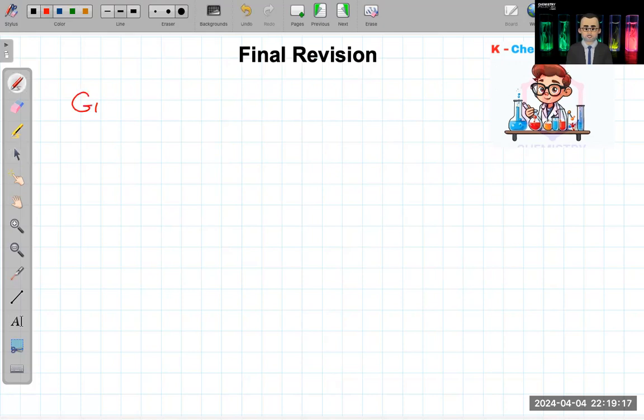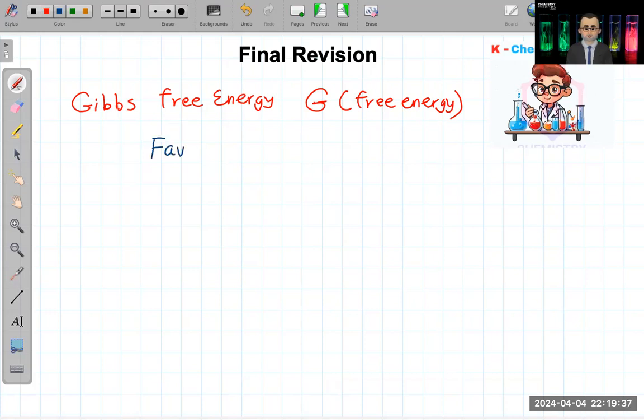The second idea that we need to discuss is the Gibbs free energy. Gibbs free energy is what we know as the free energy, or G. This is a value which is given so that I can determine if the reaction is favorable, it's going to happen by itself, or unfavorable, in respect of thermodynamics. What is the meaning of these big words? It means simply that the reaction is spontaneous or non-spontaneous.